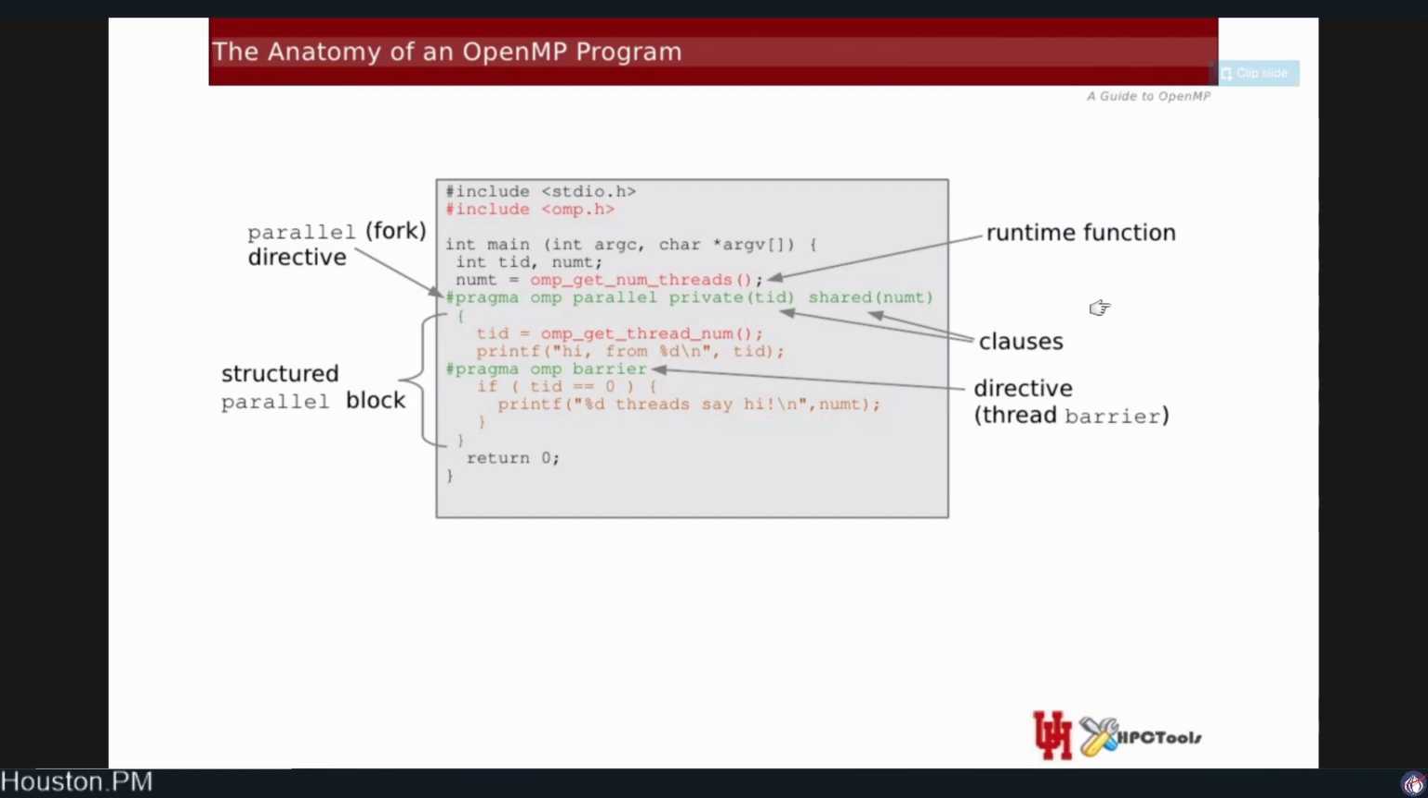If the compiler either doesn't support OpenMP, or it's not told to look for OpenMP. And as far as I know, most compilers have it off by default. But this is just a simple C program. The second include line is necessary for the runtime calls. An example of a runtime call is the OMP get num threads, and that's just a way to query